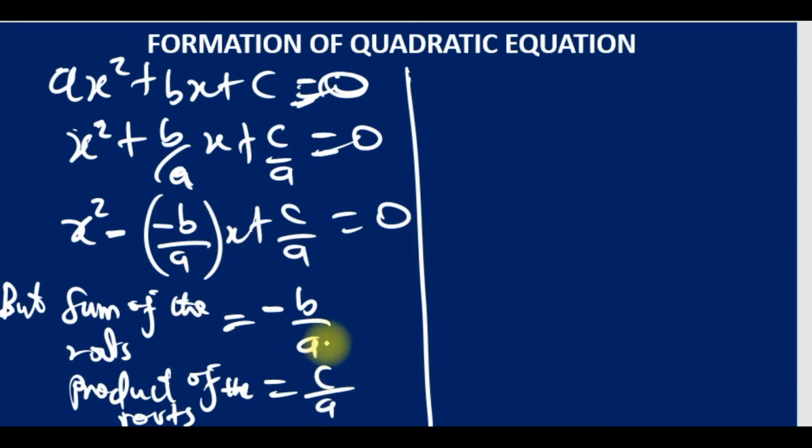So are you seeing something? It's here. So generally, to form a quadratic equation, we now have that it is always x squared minus sum of